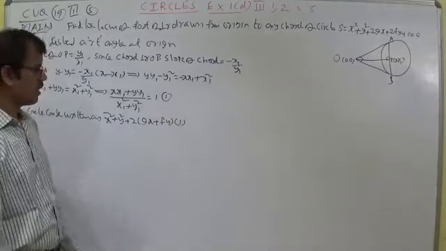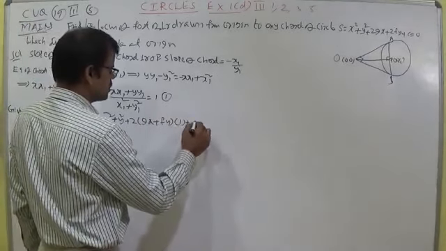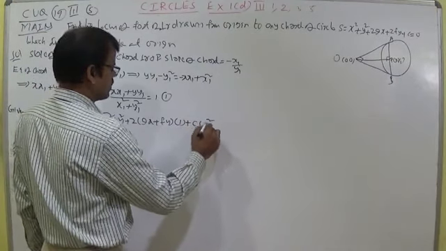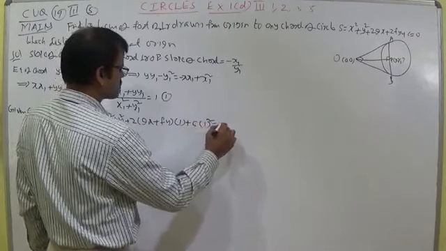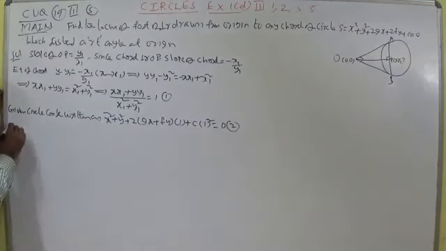I think you remember the concept which you used in first year. 2 into gx plus fy into 1 plus c into 1 square equal to 0. Let it be second equation. Now we can write, homogenizing with 1, we get